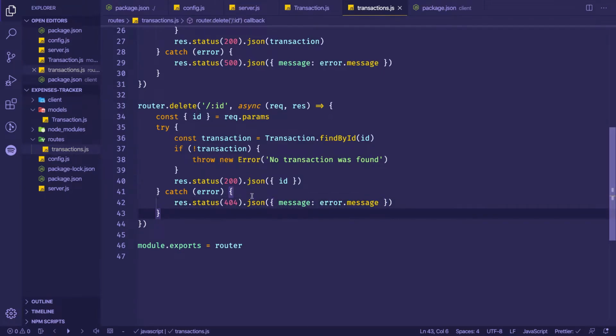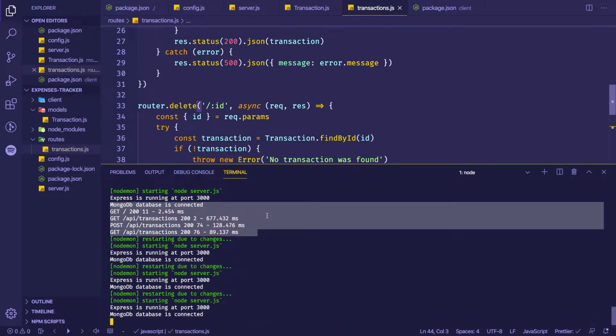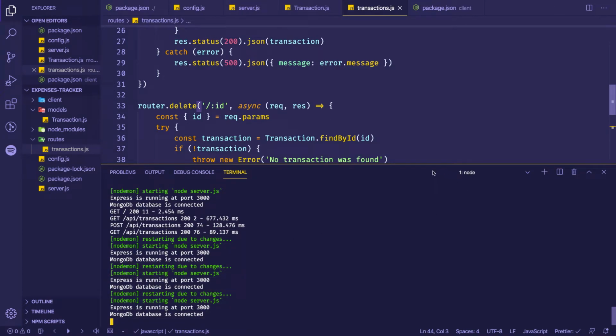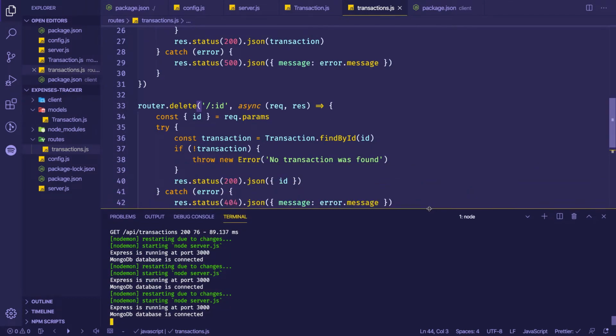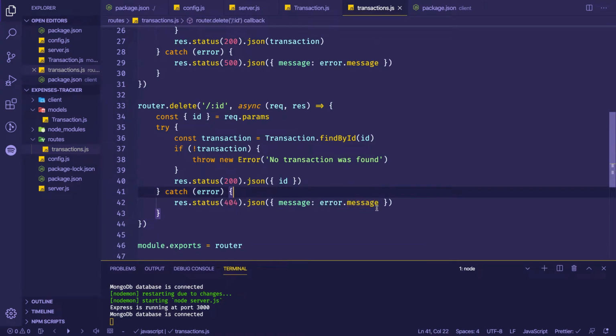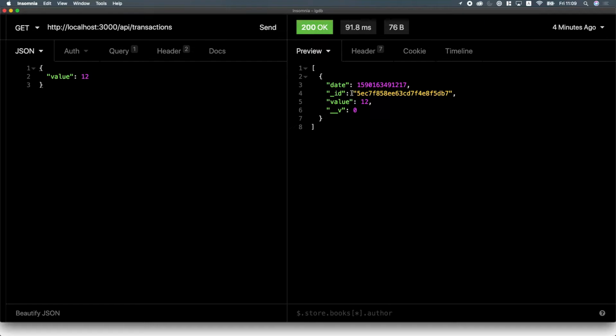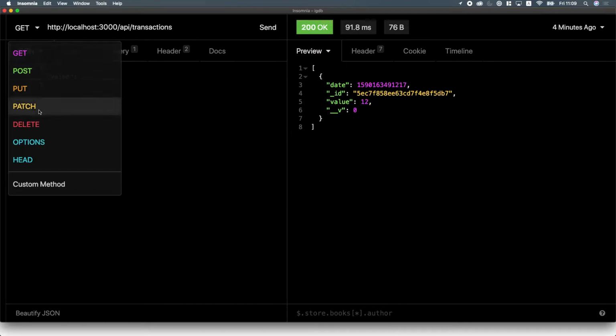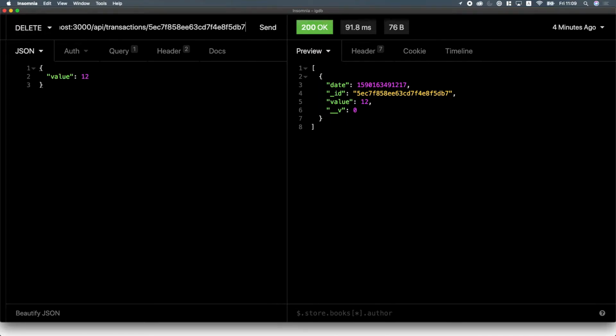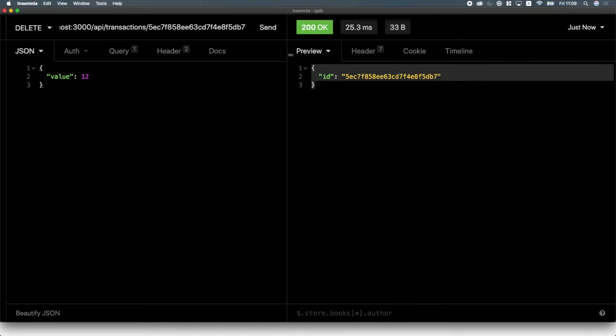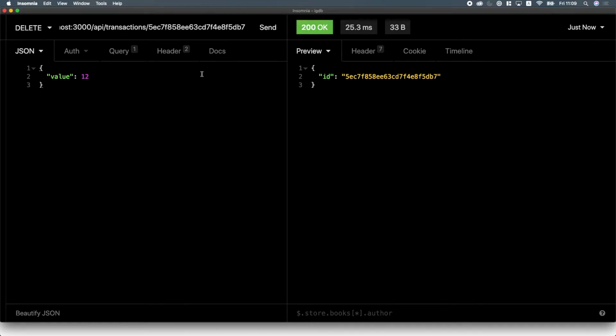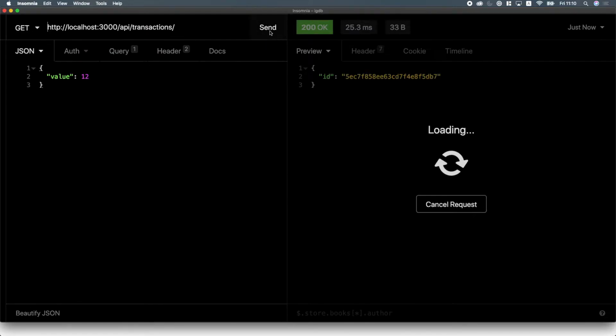Okay, we have our endpoint, and because we are running nodemon, the application restarted. Let's try this out. We can take this ID, which is the ID that we have from the get endpoint, and pass it here, and hopefully this will delete the transaction. As you can see, this was successful, and we have back the ID of what we deleted. If I go here and try to access all the transactions,